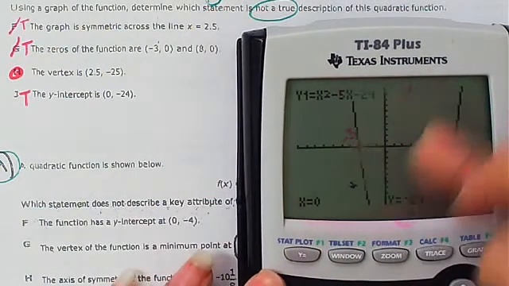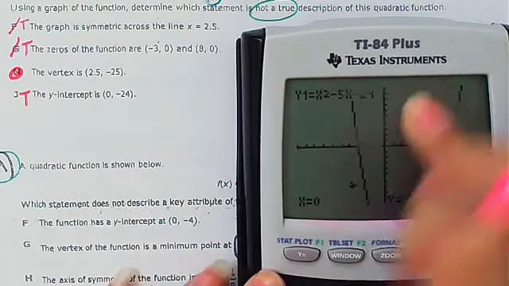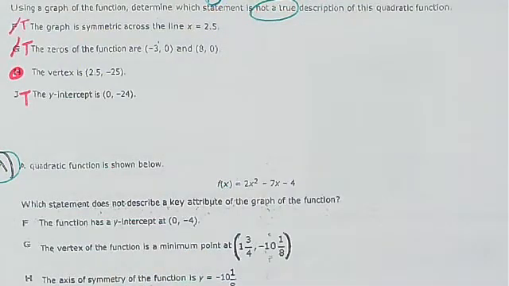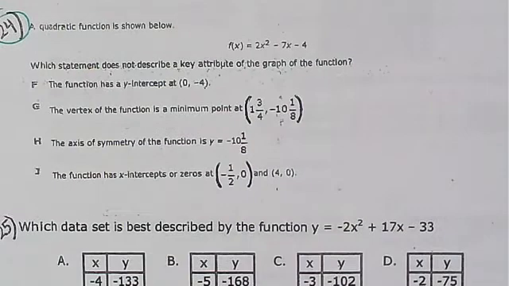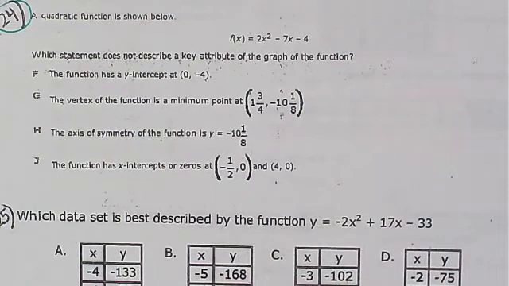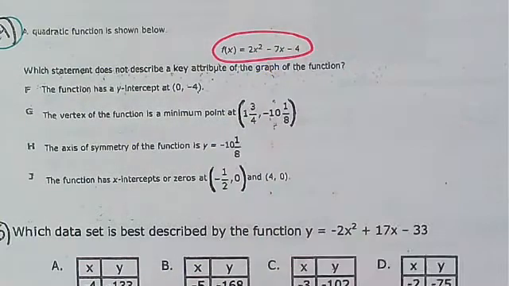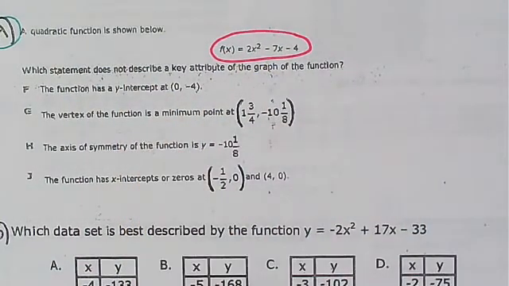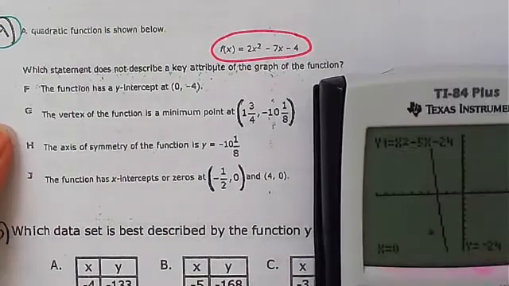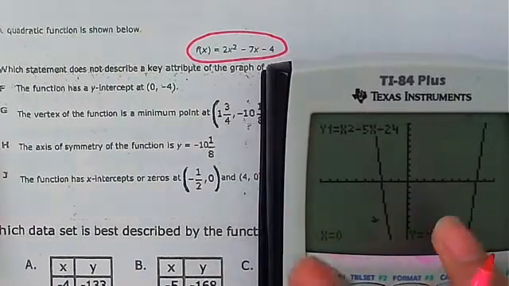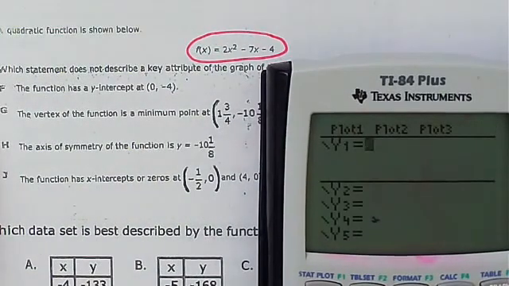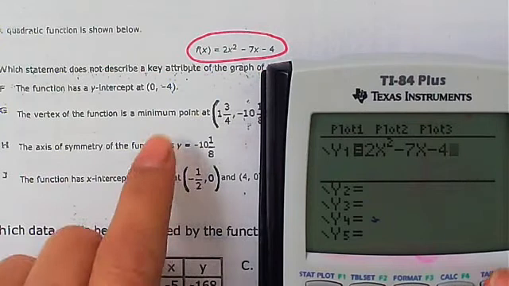Okay? Read each answer choice carefully. Look at the next one, 24. A quadratic function is shown below. Which statement does not describe a key attribute? Again, it's sort of like 23. They give you a quadratic function, and we've got to prove some of this stuff, okay? So I'm going to go to y equals. I'm going to type in my equation, 2x squared minus 7x minus 4. And I'm going to press graph,